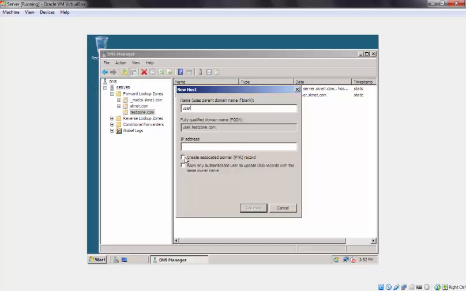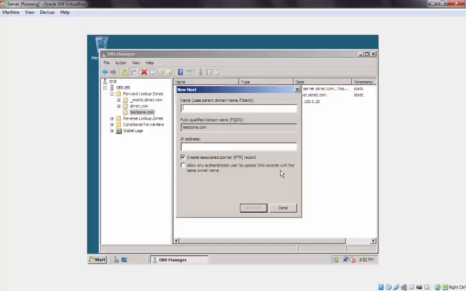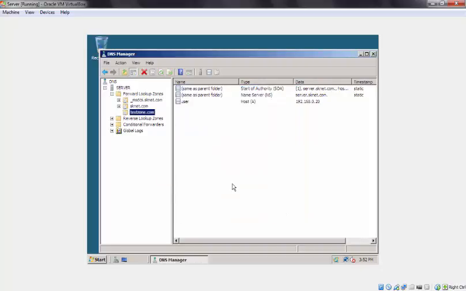Right, and you're going to create an associated pointer record. Select that, and you're going to give it an IP address. The IP address we're going to give it is 192.168.0.20, and it's going to say add host, and it says the host has been successfully created. Right. I'm going to choose done. If you look here now, you're going to see user, which is host A, IP address